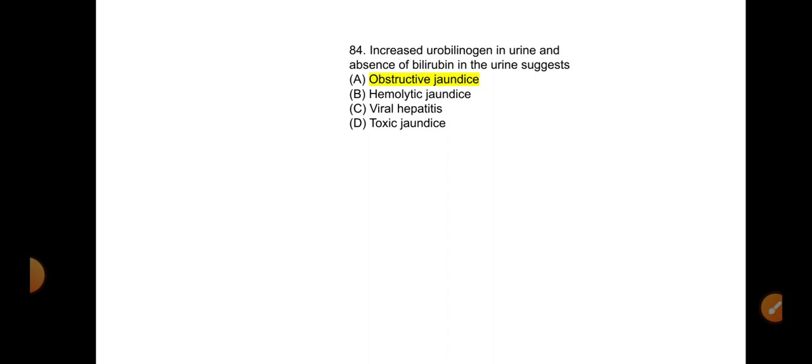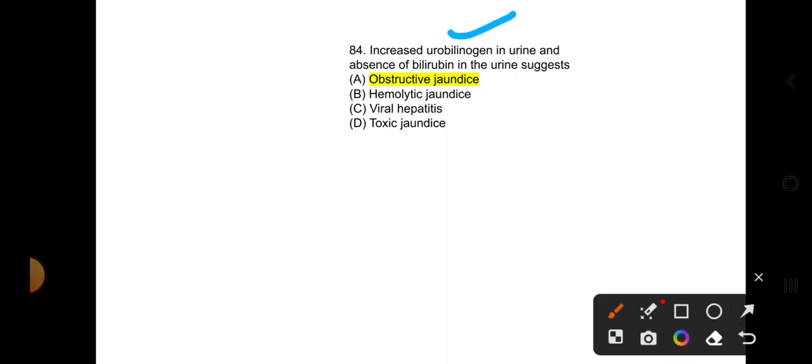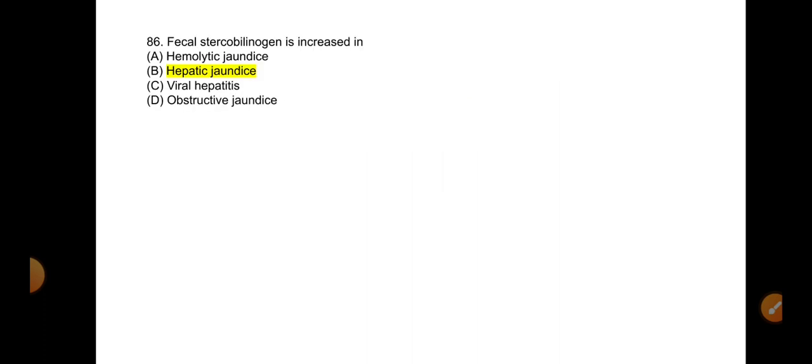So what is the diagnosis? Urobilinogen will be less and bilirubin will be absent. Urobilinogen will be high and bilirubin will be absent. 85 is jaundice in which serum alanine transaminase and alkaline phosphatase are normal is hemolytic jaundice. 86 is fecal